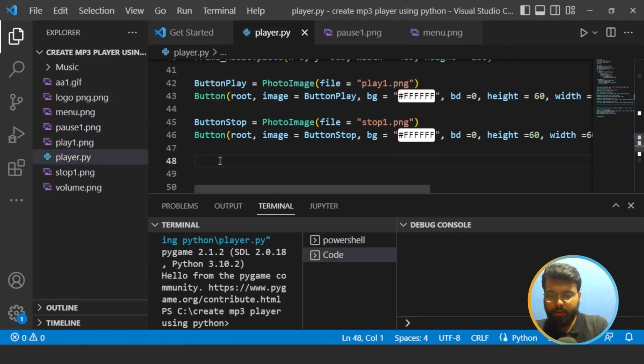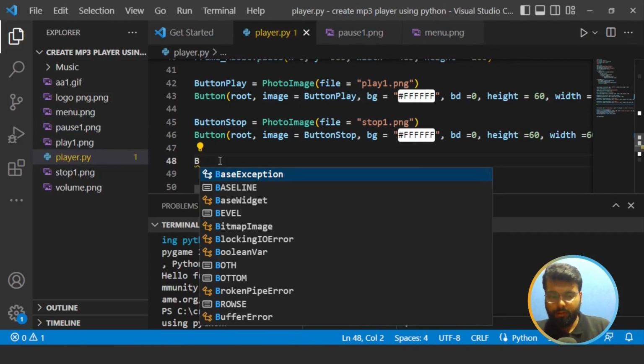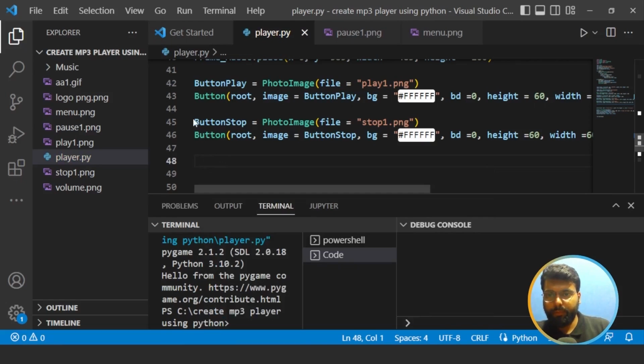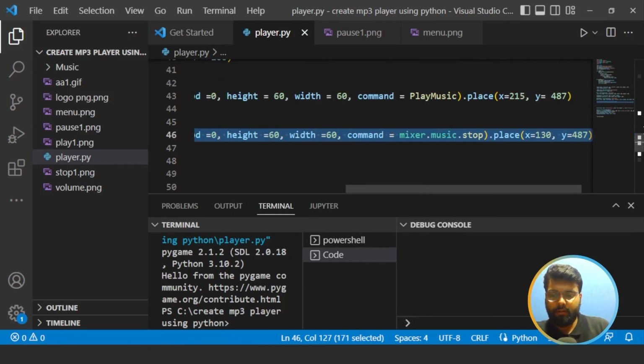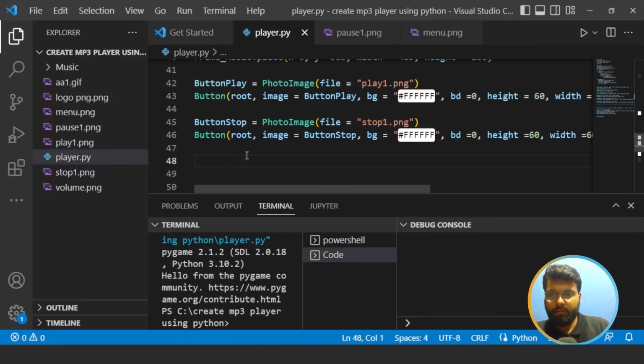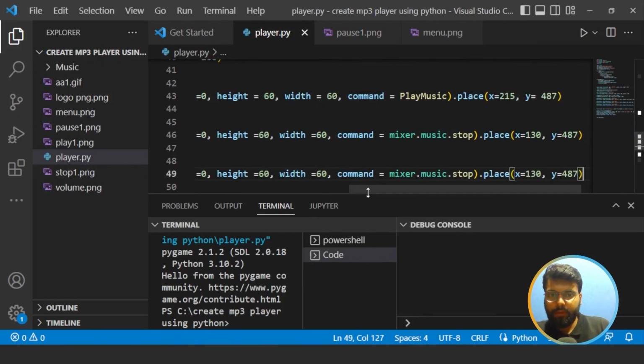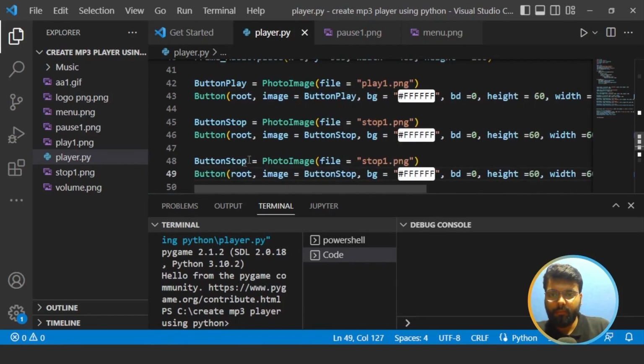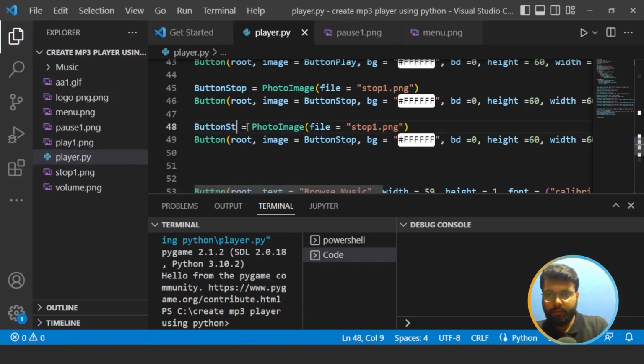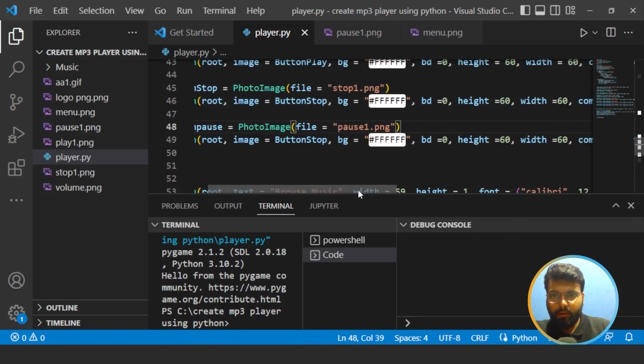So for that, you can just copy these things, place it here. So button pause equal to PhotoImage, and we will use the image pause1.png,